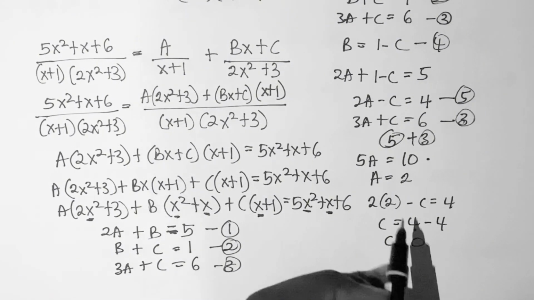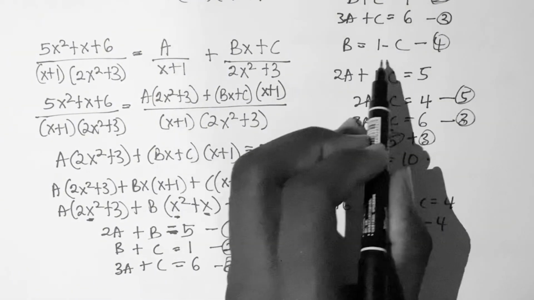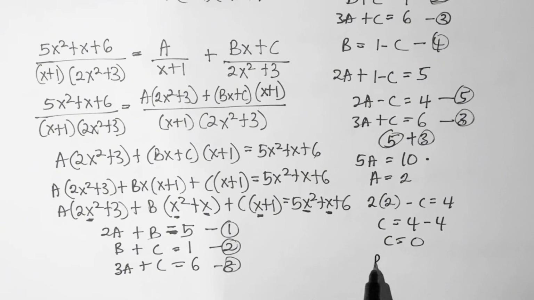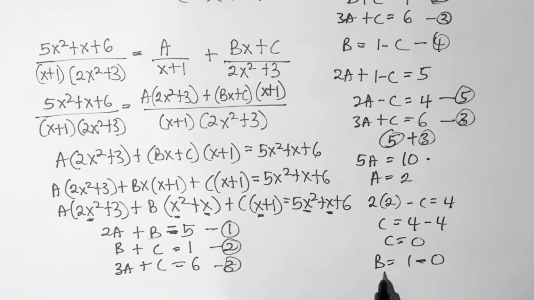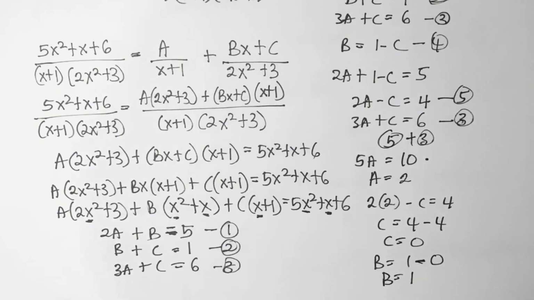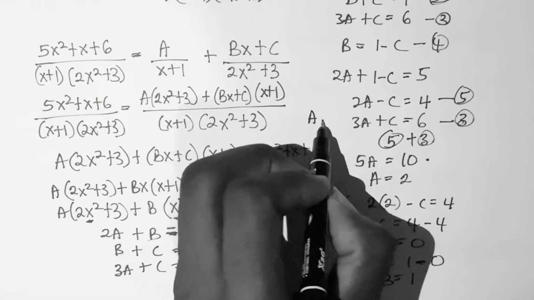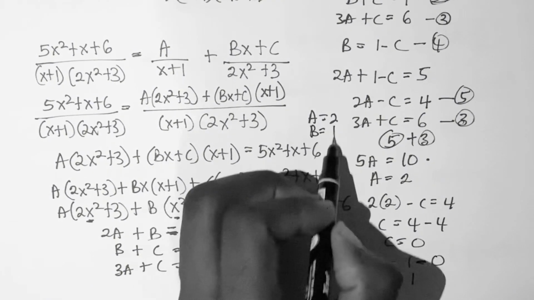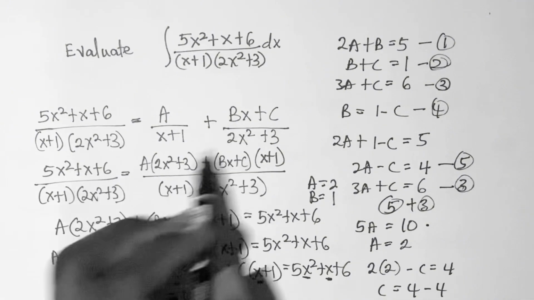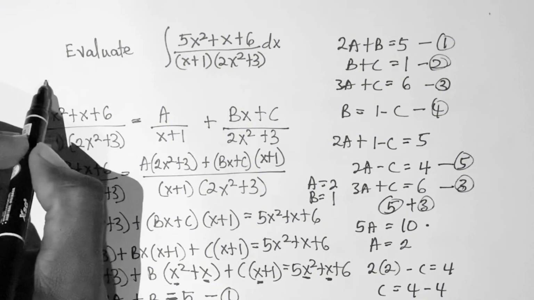So c is 0, but we know that from equation 4, b is equal to 1 minus c. So b is equal to 1 minus 0, and therefore, b is equal to 1. So therefore, we see that a is equal to 2, c is equal to 0, and then b is equal to 1. So this, in terms of partial fractions, can be written as,